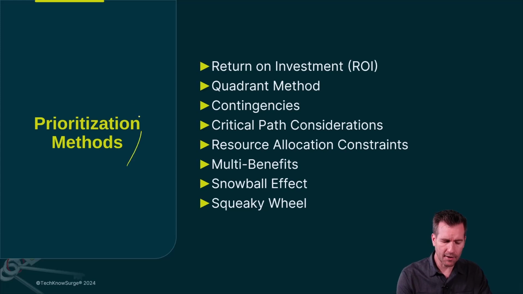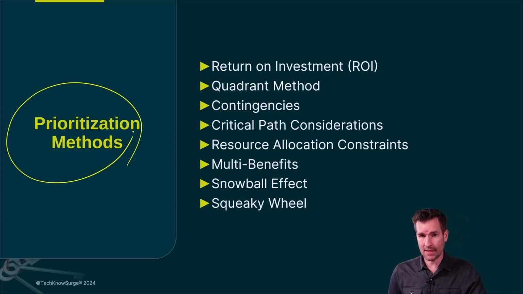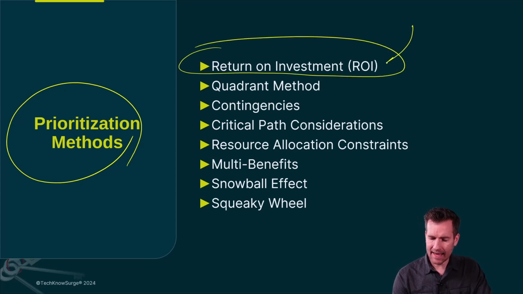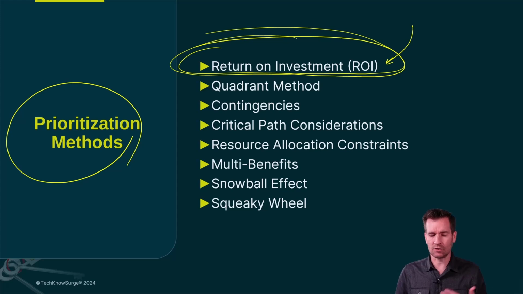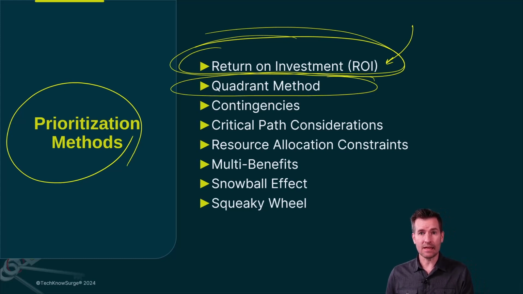So here are some other prioritization methods that I've used in the past. My default is return on investment. Anytime I can, I try to use the ROI to evaluate the different priorities. However, this is a little more in-depth of an analysis, and sometimes something doesn't call for that much analysis before you take action. So another method that you could use is something like the quadrant method. Now, I'm not going to get really in depth into what one of these are, but this just gives you an idea of the fact that there are different methods out there.